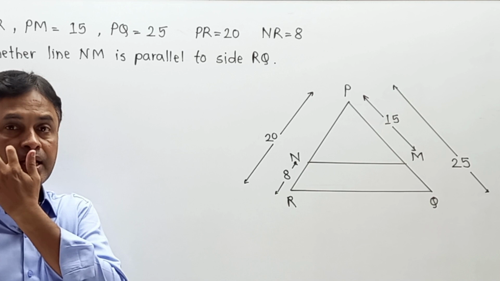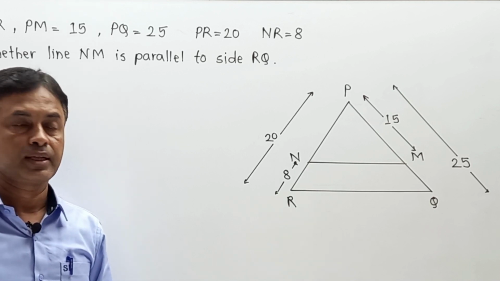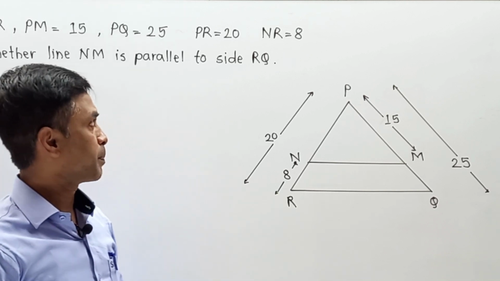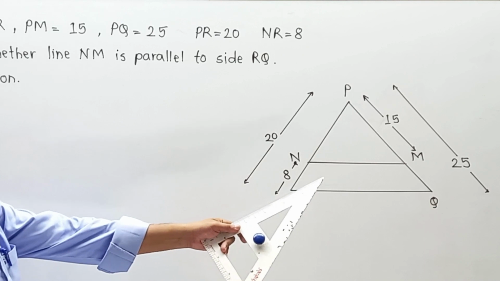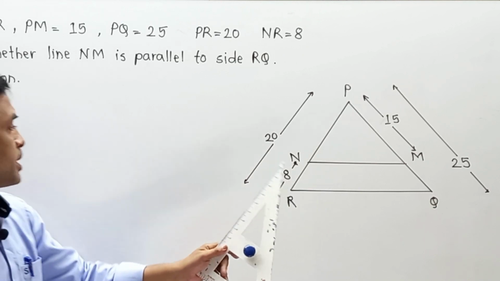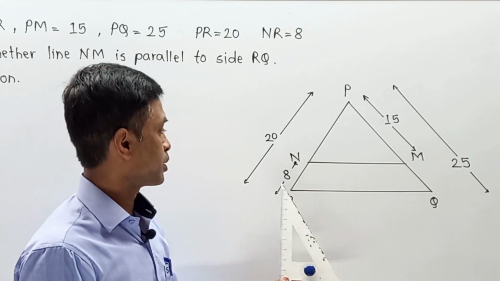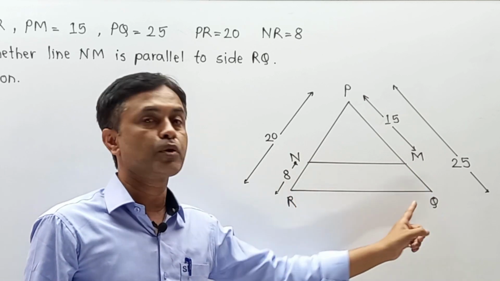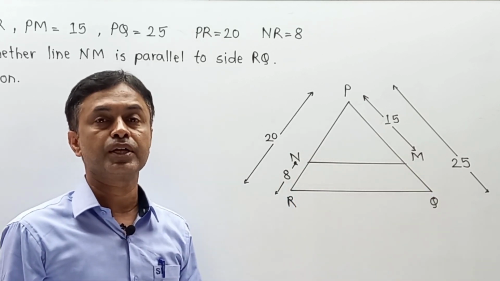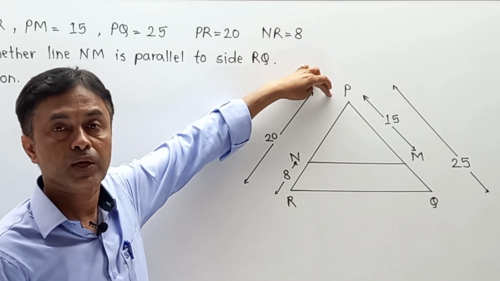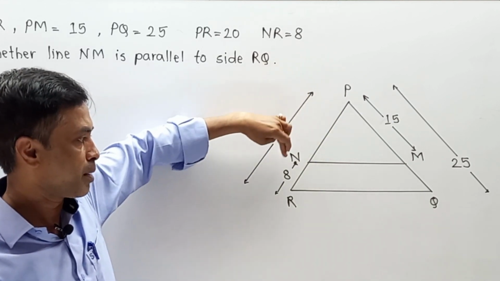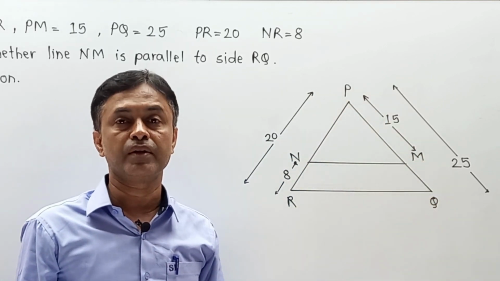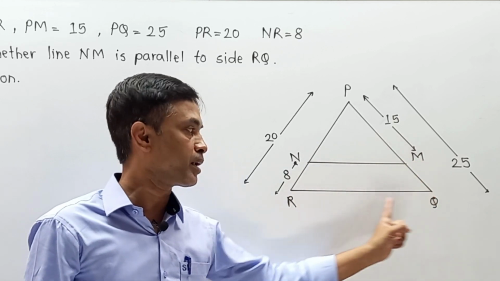Now the main part is that whenever we are going to calculate the ratio in terms of the basic proportionality theorem, in terms of the question they have asked, in triangle PQR whether the line NM is parallel to side RQ. यानी हमें ये चेक करना है कि ये NM नाम की साइड RQ को पैरेलल है या नहीं. In that case, we are going to take some ratios. What is that? We know by converse of BPT, first PN upon NR is equal to PM upon MQ. If it is equal, then we can say that yes, this line NM is parallel to RQ.